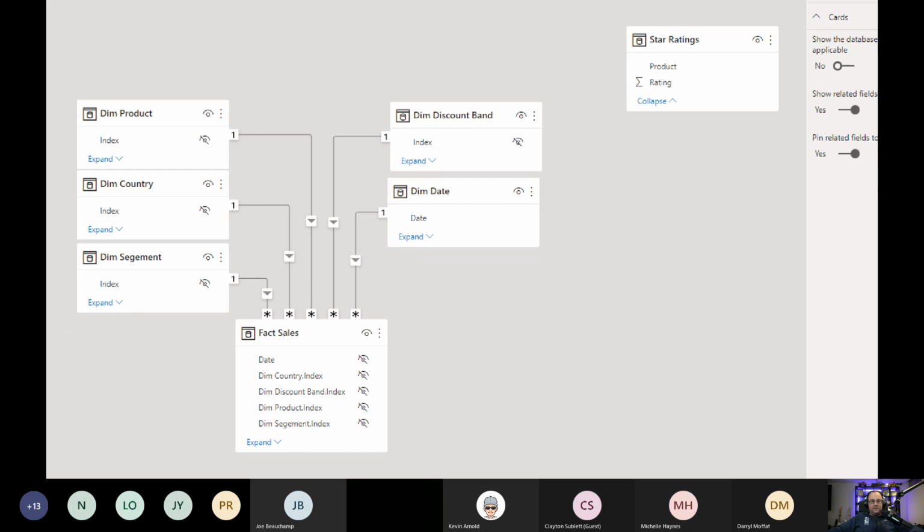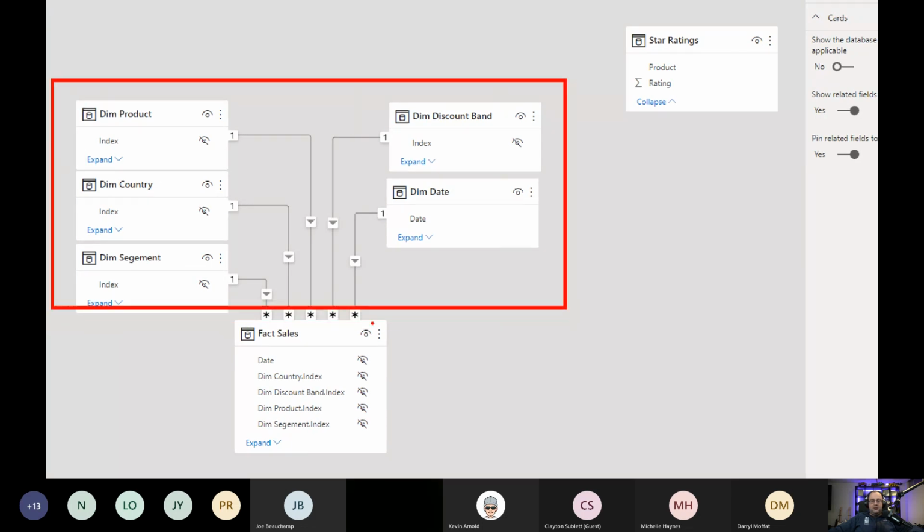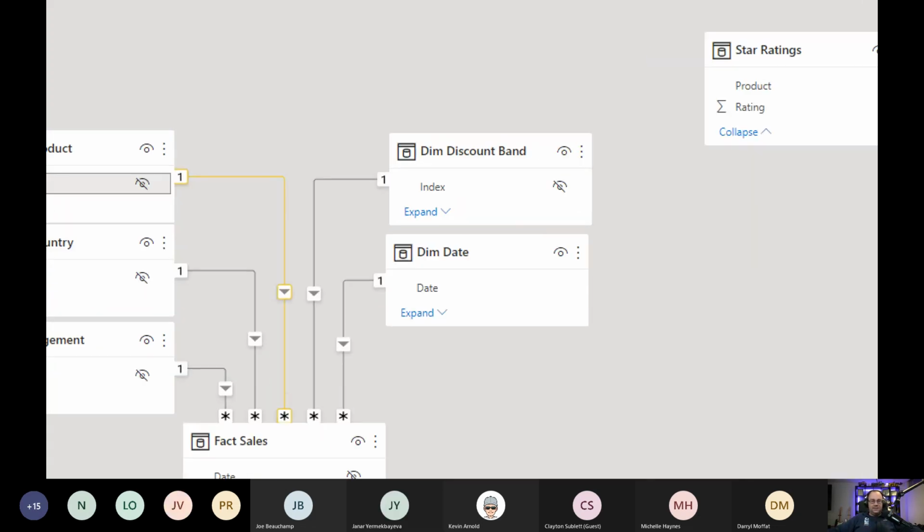Here's my data model. It's a very star schema-based model. All of my dimensions are on the top, and then my fact table is down below. So each of the dimensions modifies the fact table. And you'll note here, if I select one of these columns, I have these index columns. What you'll see here is the index column from the product table matches the same column that's inside the